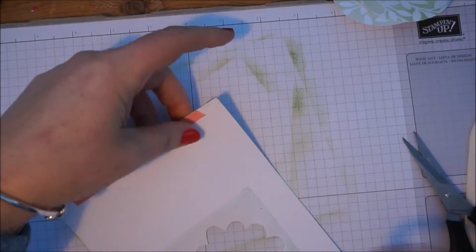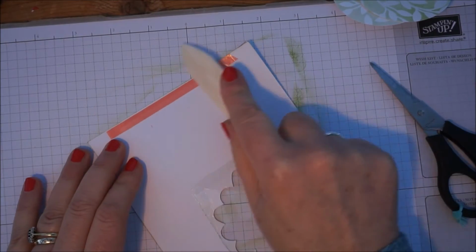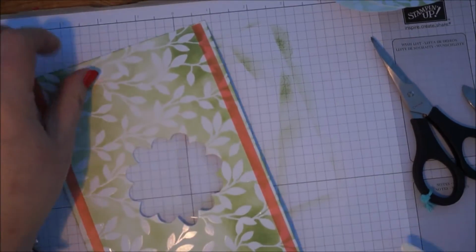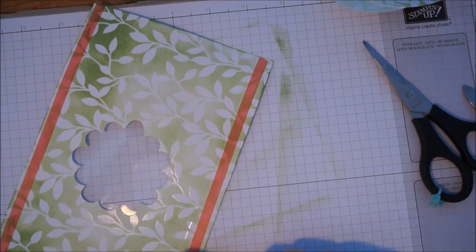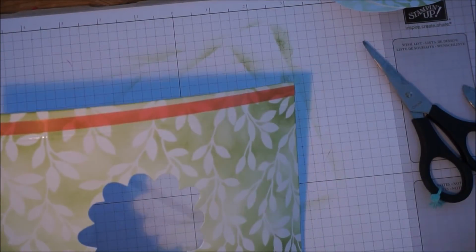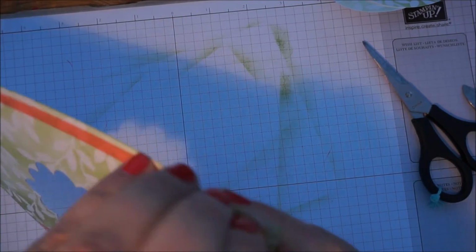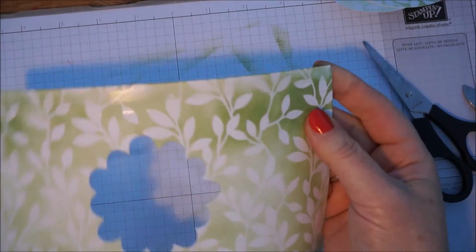And as always, the key to getting the back off sticky strip is to press it down firmly with your bone folder and make sure that it's well adhered, and then it'll be easy. So if you've lost a bit of shape for your cylinder, just get it back in again. Okay, so we're going to take the sticky strip off the long sides,